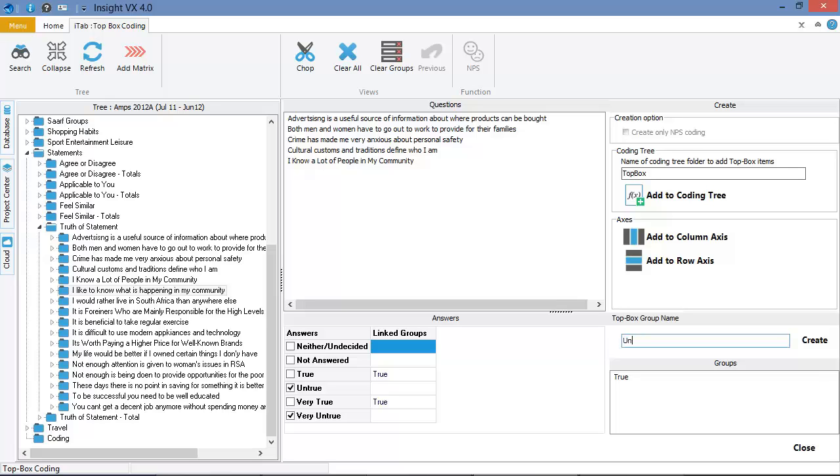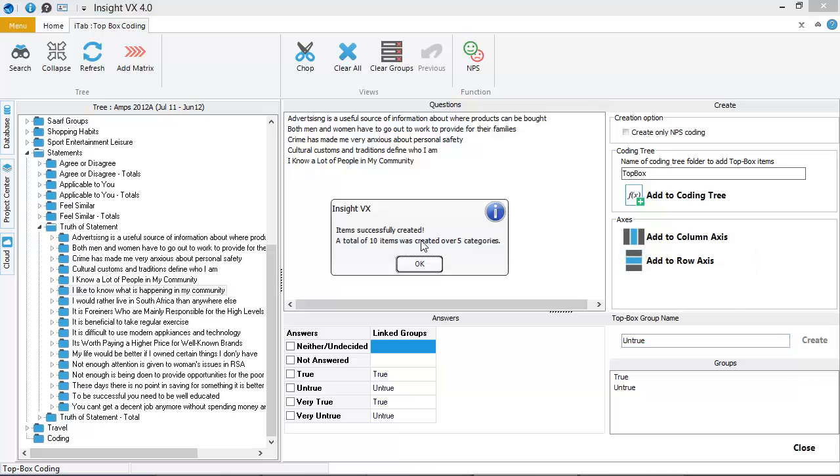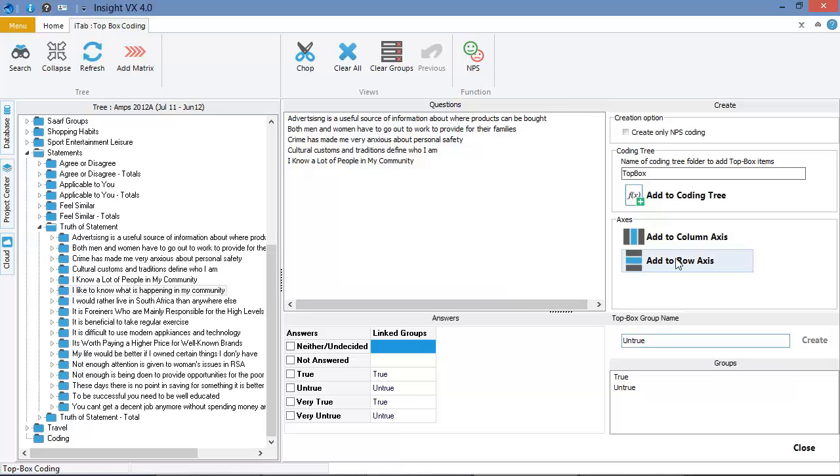Let's give them a new label, let's just call it Untrue, and then click on Create. Now that we have our two new variables, we can add these to our axes for analysis. So click on the Add to Row Axes button, and then we get a message saying the items were successfully created. We can also save these new variables for later use by adding them to the coding folder in our